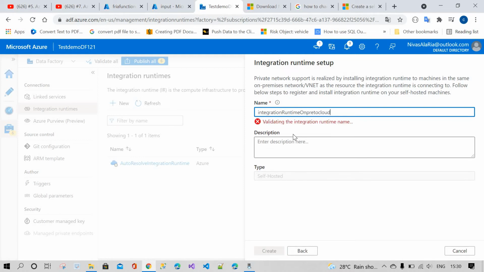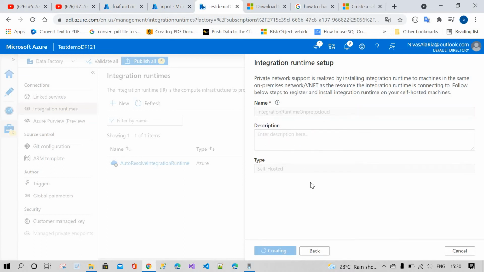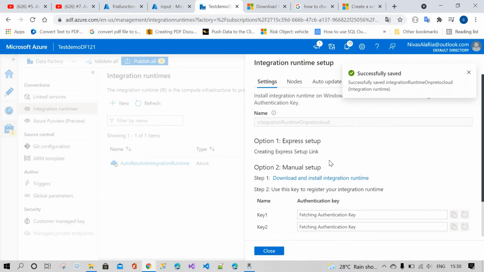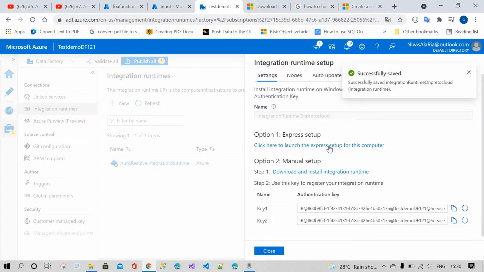Then just click on create. The cloud has created an integration runtime setup, but you have to install the integration runtime on the on-premises. After that installation, you have to copy and paste the key to communicate with the cloud.